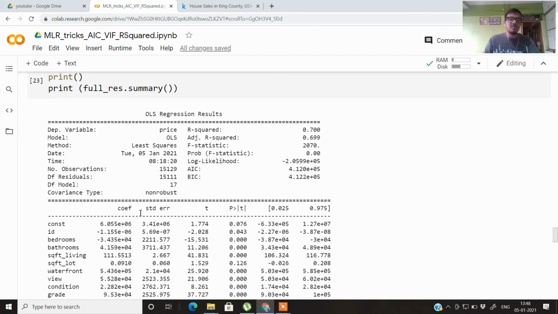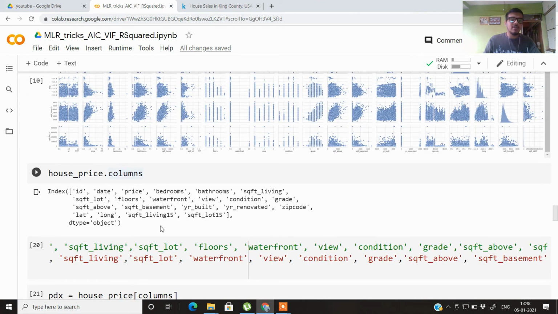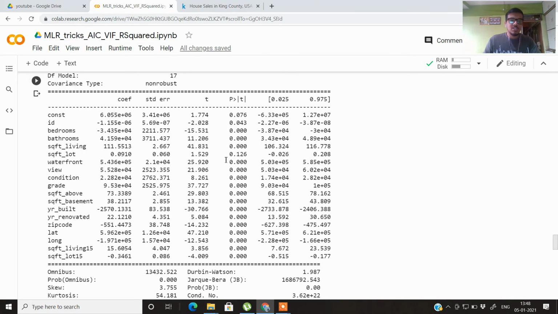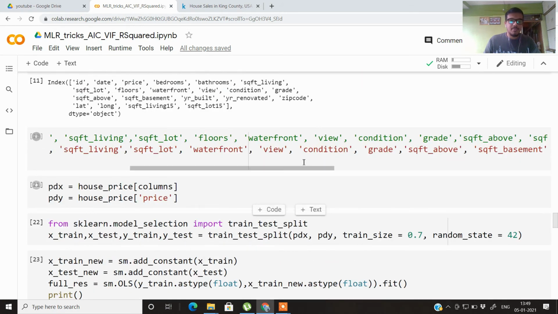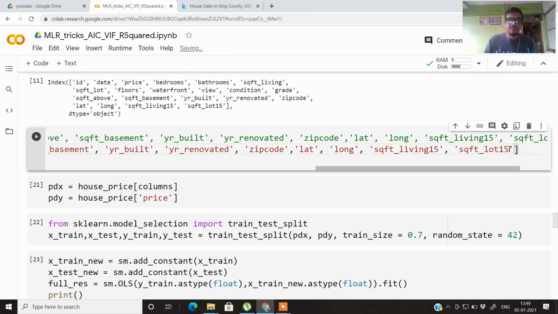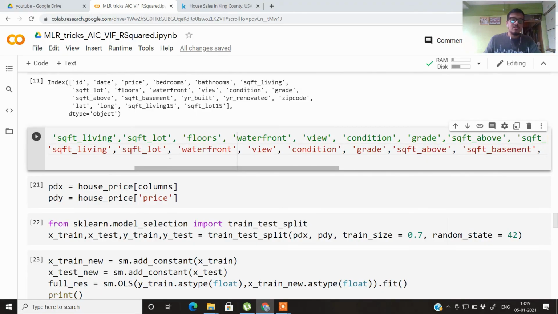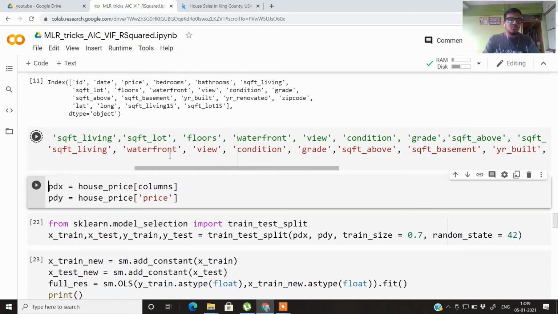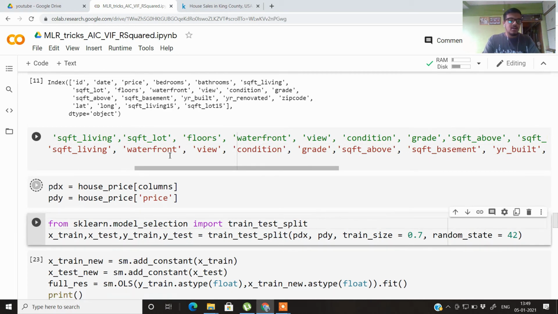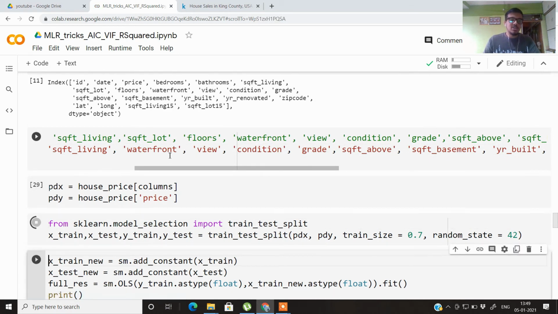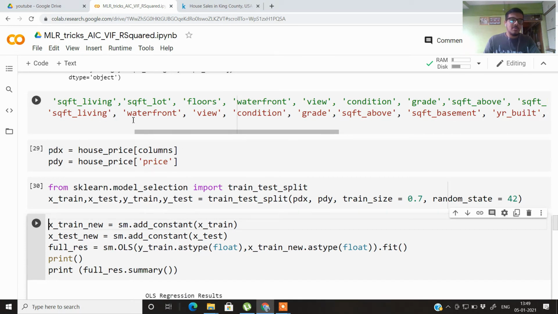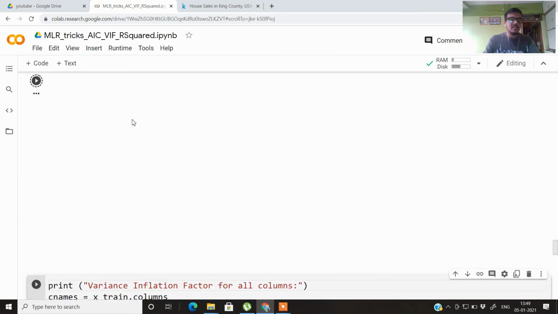So we will also be removing the other insignificant variable now, which is this square FT LOT. So here is this variable square FT LOT. So we will be removing it, and we will be calculating the price based on the remaining predictors.